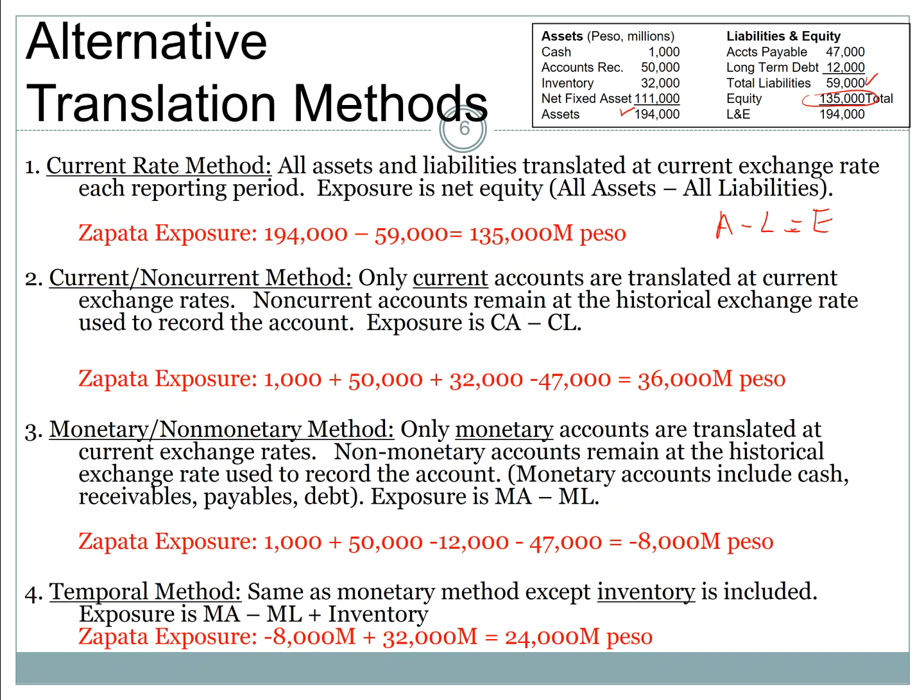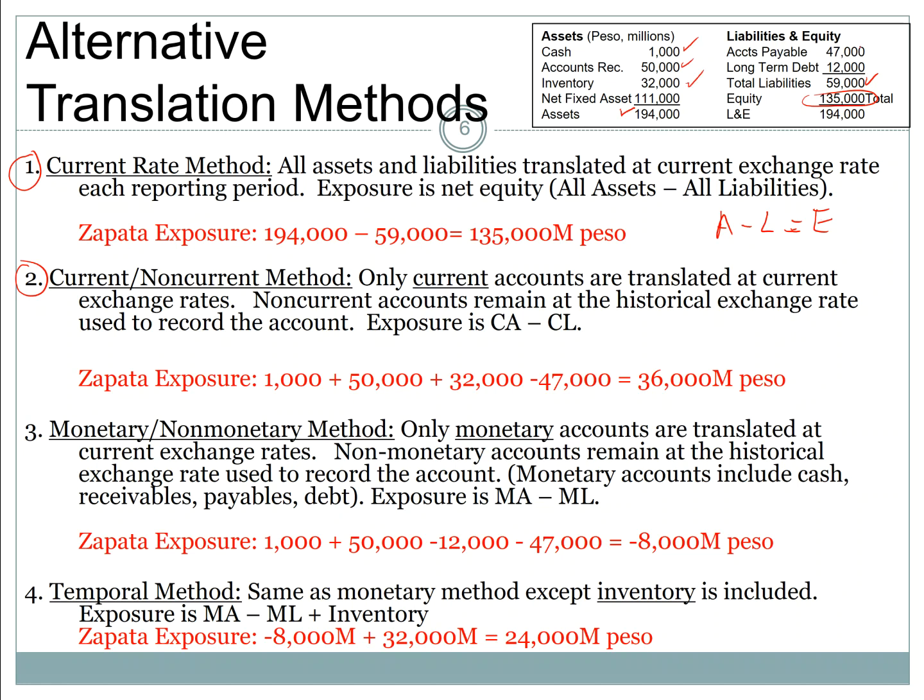The next method, which can be confusing with the first method, is the current non-current. So the first method, current rate method, says revalue all accounts, all assets, all liabilities at the current exchange rate every period. The current non-current method says only revalue the current accounts. So in other words, you think about what are current accounts. They're anything that's not long-term. So that'd be, say, cash, receivables,